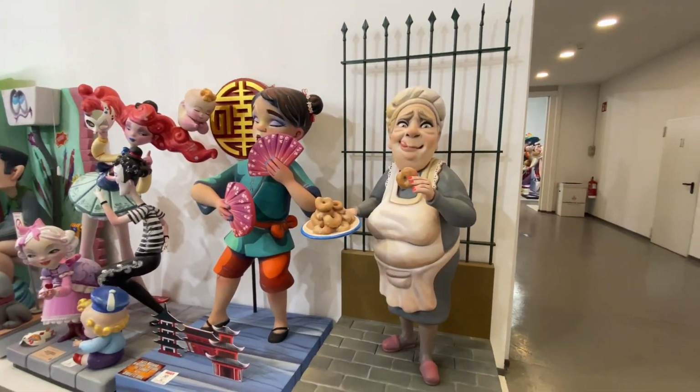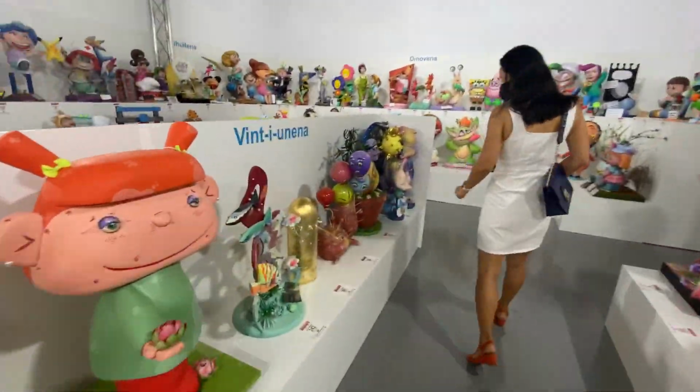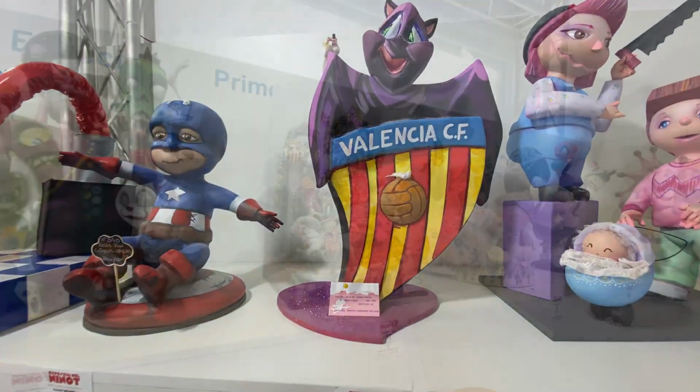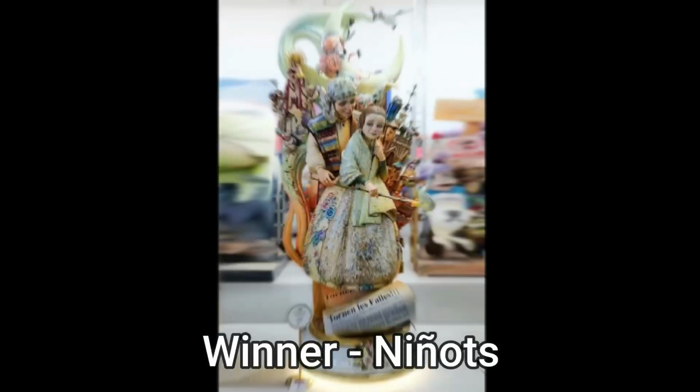Buñuelos. Yum. Infante. These are even smaller versions of niños. And the winners are...